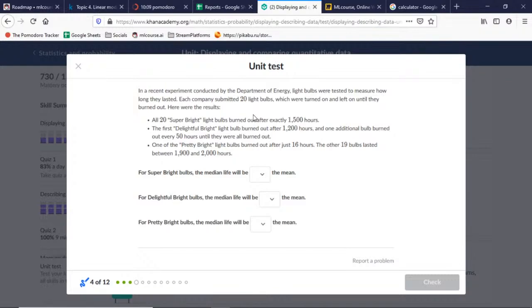The other 19 bulbs lasted between, okay, for super bright bulbs, the median life will be equal to the mean. Yes, because all of them are the same, while the median life will be